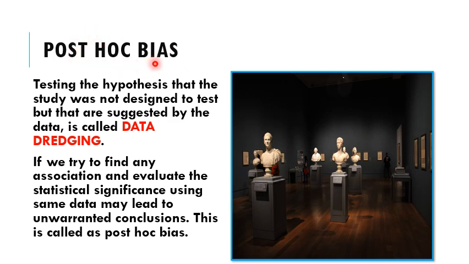Then post hoc bias. This is a very important bias. We have to understand it with an example. I have collected some data. I want to know the association between periodontal disease and cardiovascular disease, because my hypothesis is whether periodontal disease is a risk factor for cardiovascular disease. But what happens is, when data comes, I start comparing males and females, or I start comparing the low socioeconomic status group with the high socioeconomic group. See, it was not my hypothesis, and I have not planned my study according to this hypothesis.